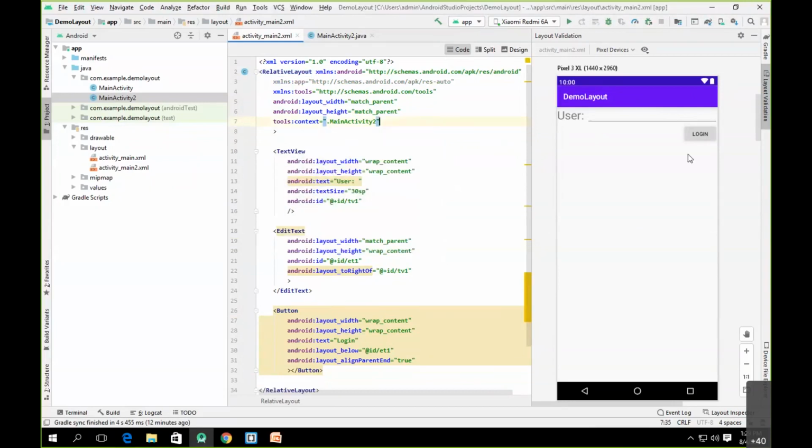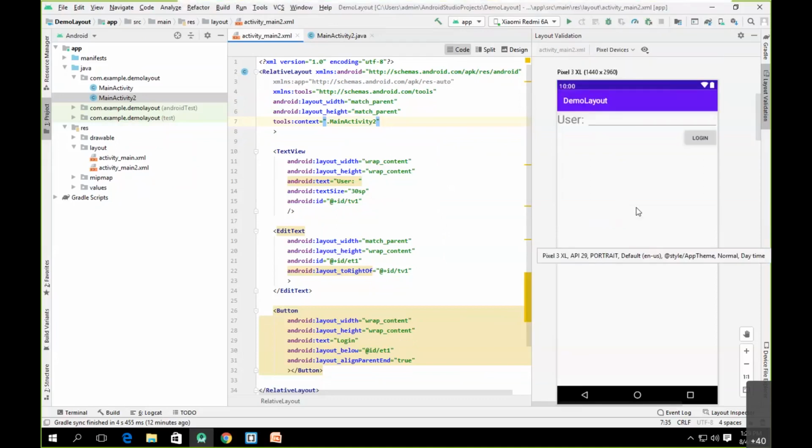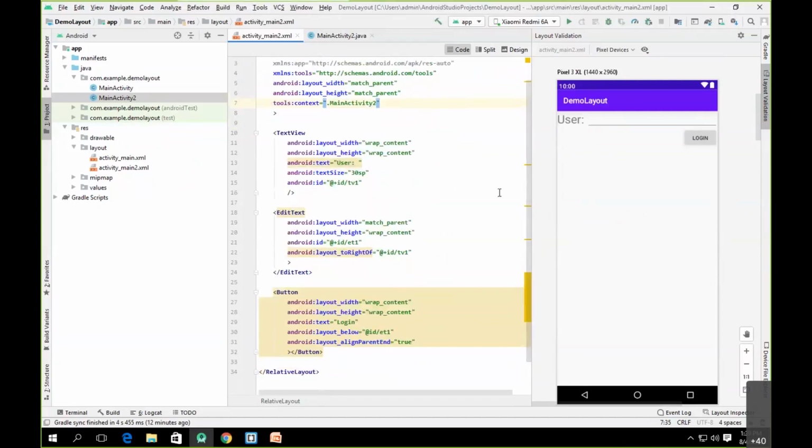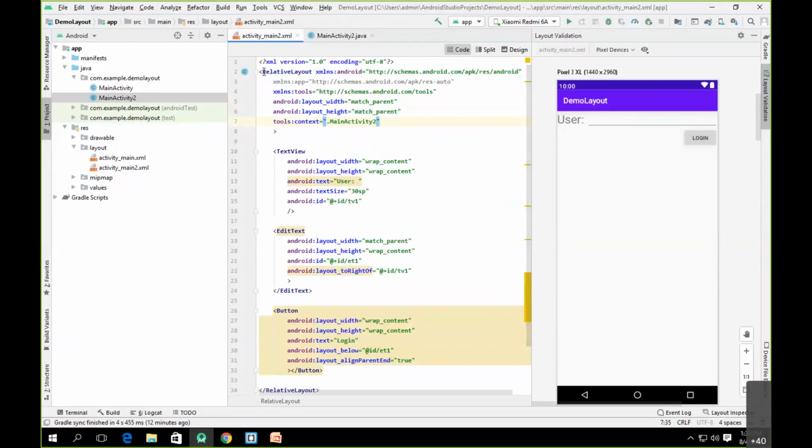If I use RTL, this will be aligned from the right to left. Okay, so this will be exactly reversed. For that, I need to run the app. Currently, we are not interested in running the app. Whenever we go towards the programming, we'll see that. But currently, you can understand what we mean by this relative layout.